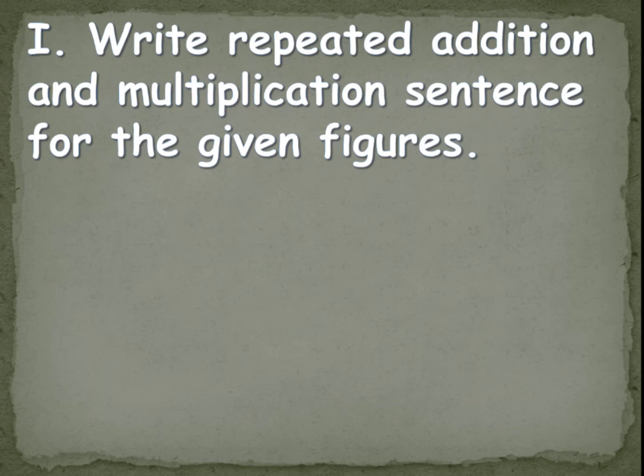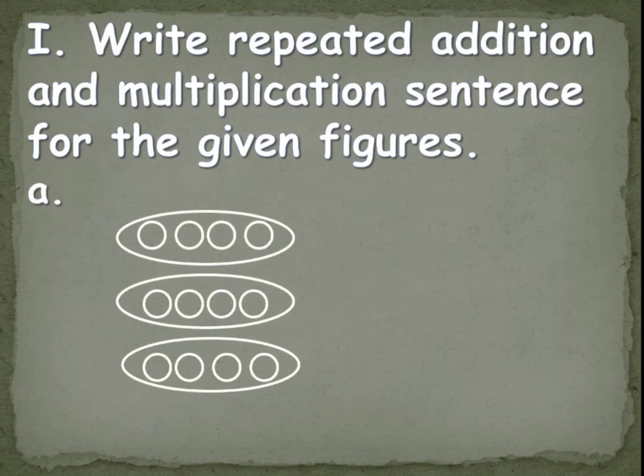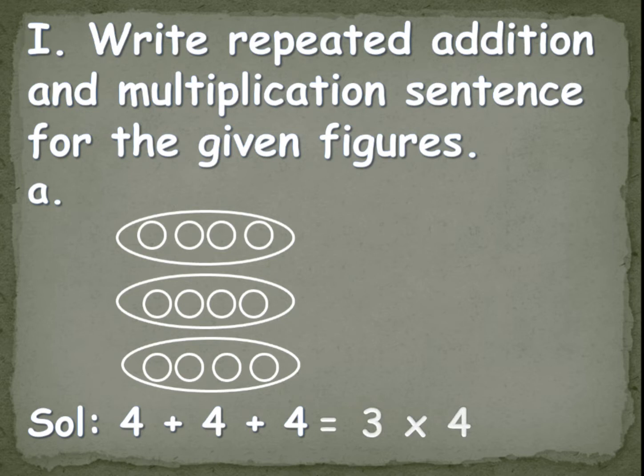Okay, how for the given pictures. So, here they have given pictures. So, in the first row, they are 4, and in the second row they are 4, and in the third row also they are 4. That means we are adding 4 things 3 times. That is 4 is added for 3 times, isn't it? Which then the addition sentence becomes 4 plus 4 plus 4. 4 is added for 3 times. Then the multiplication sentence becomes 3 into 4. 4 is added 3 times. Isn't it, children? So the multiplication sentence is 3 into 4.